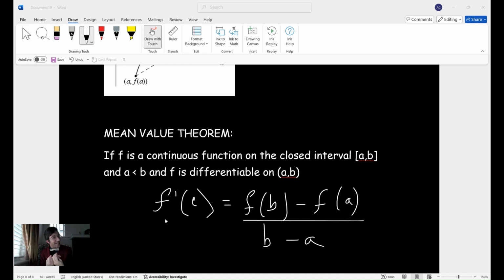So basically, in summary, Rolle's theorem is the special case where the start and end values are equal, and it guarantees a zero slope at some point. And the mean value theorem generalizes this, ensuring there's always going to be a point where the instantaneous slope matches the average slope over (a, b). So hopefully that clears that up. I tried to give you a rigorous definition. And now we're going to see some basic problems.